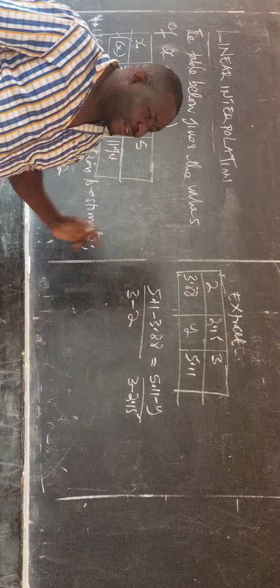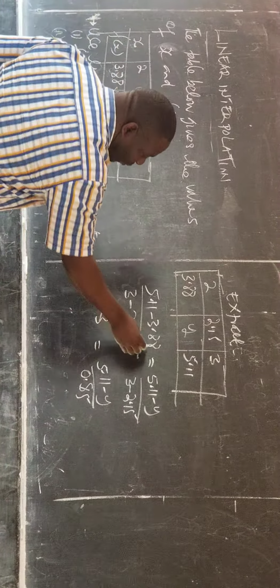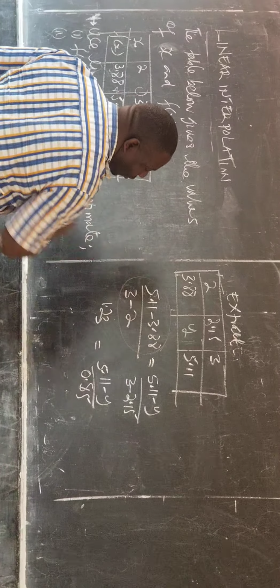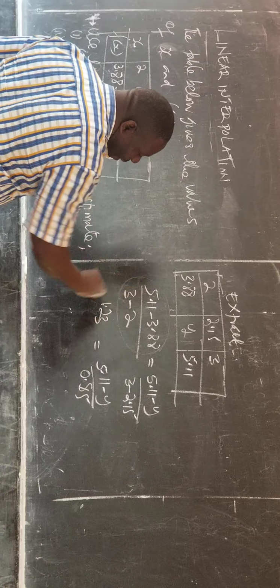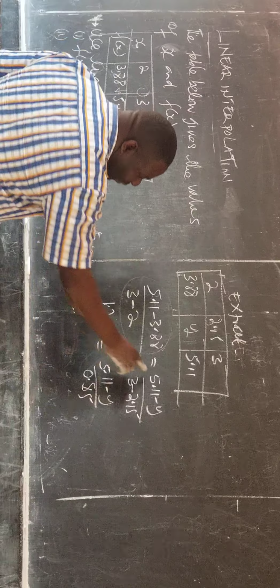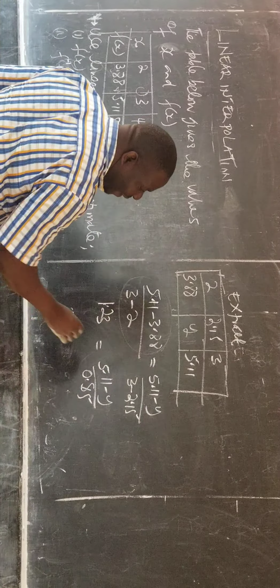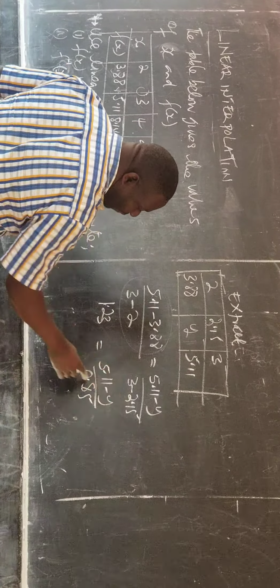Then we use the calculators to get the values there. When we use our calculator to compute the whole of this one here, we come up with 1.23, then this one is 5.11 minus y. Then this is 3 minus 2.15, which gives us 0.85. So when we cross multiply here, we shall have 5.11 minus y equals, when we multiply this one here, it gives us